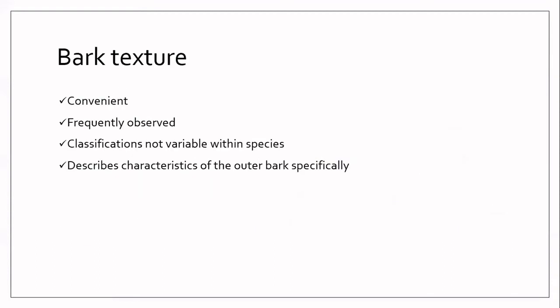Bark texture is the trait that I focused on for the study, mostly because it's convenient and frequently observed. It can also be classified at the species level in terms of eucalypts at least. And so it tends to be really convenient for categorizing species. It also specifically describes outer bark, although with the relationship between inner and outer bark, there are some general trends we can observe just from the texture on the outside, like smooth bark being thin outer bark, probably